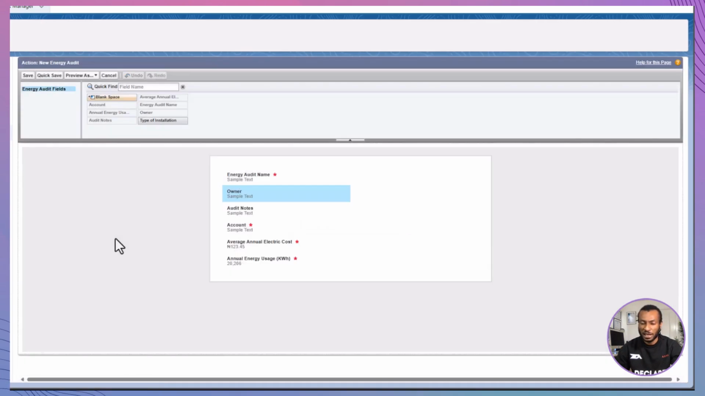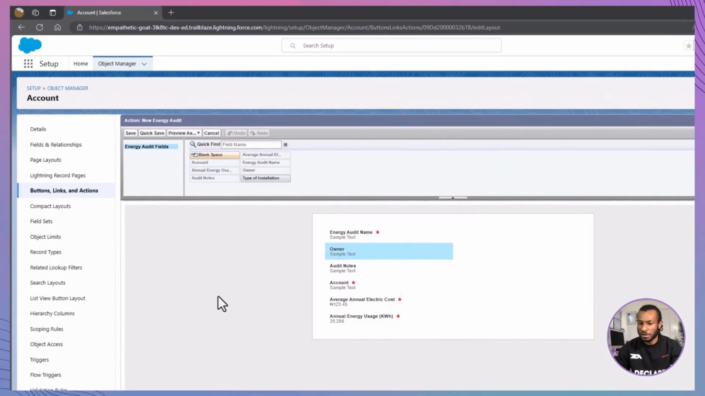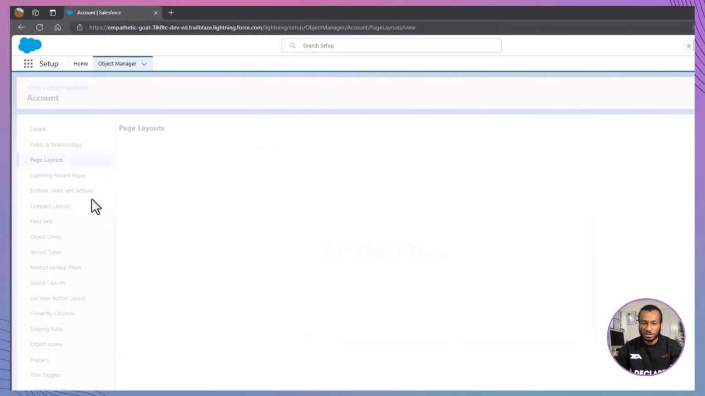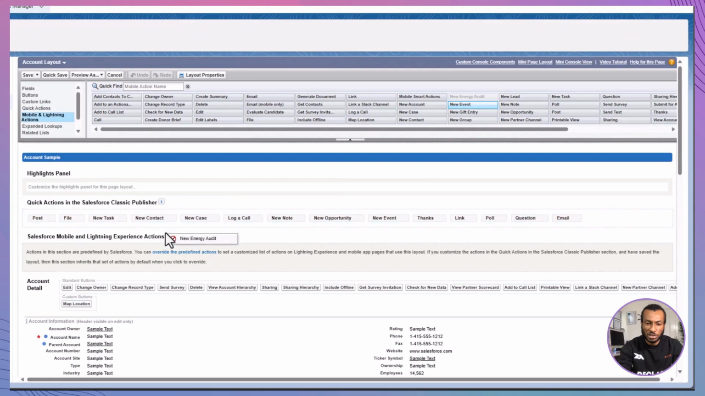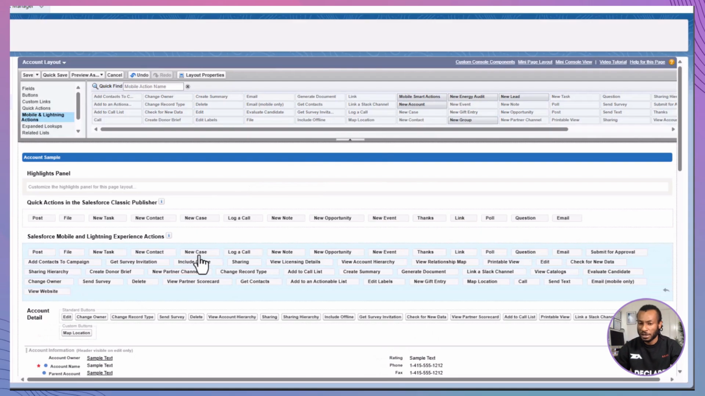Next, let's add the action to the page layout. Start by clicking on Page Layout and selecting Account Layout. In the Salesforce Mobile and Lightning Experience Actions section, you may be prompted to override the predefined actions. Click to proceed. Using the Mobile and Lightning Actions palette, drag New Energy Audit into the Salesforce Mobile and Lightning